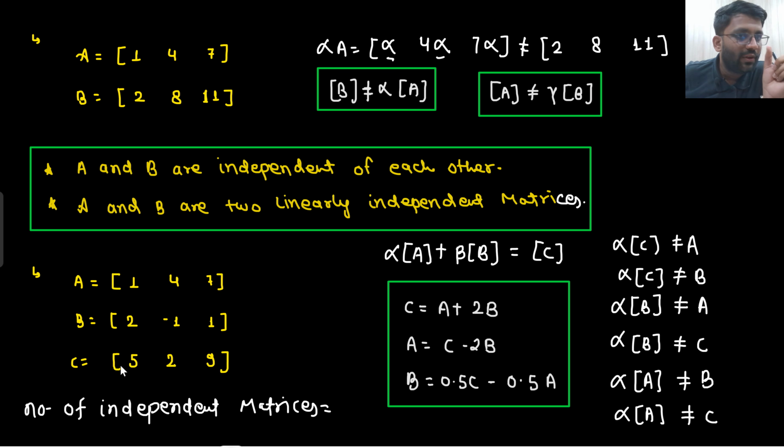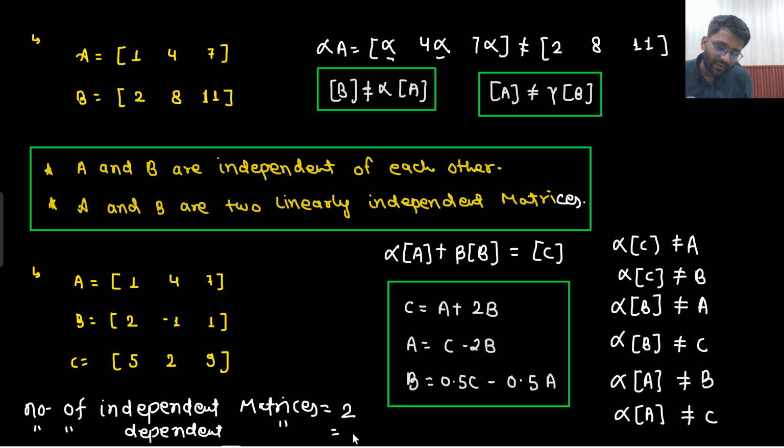Okay, we will use the term vector. These row matrices or column matrices will become vectors. Later on, I will introduce the meaning of vector, and then I will tell you that vector could be written in terms of matrices as well. So there we will use the term number of independent vectors. Here we are using number of independent matrices. So here number of independent matrices are 2 and number of dependent matrices are